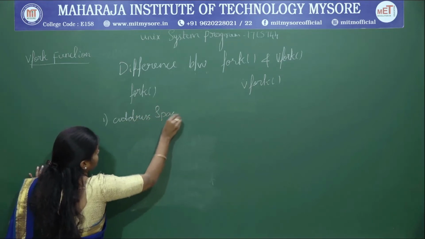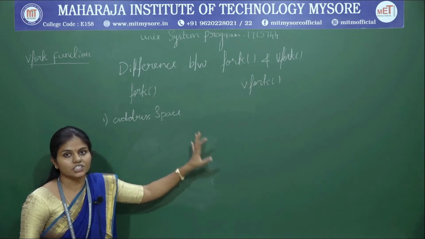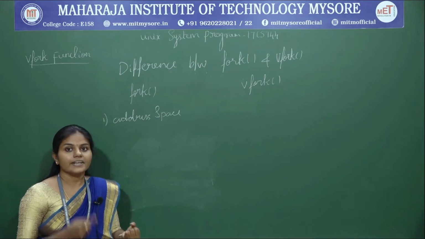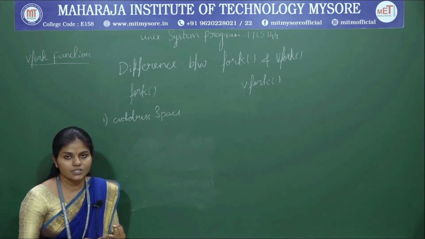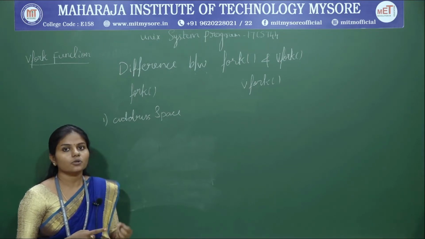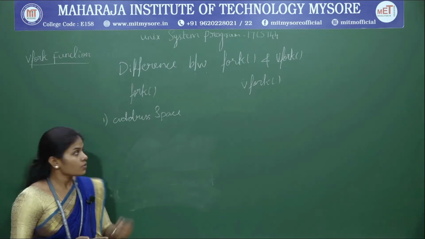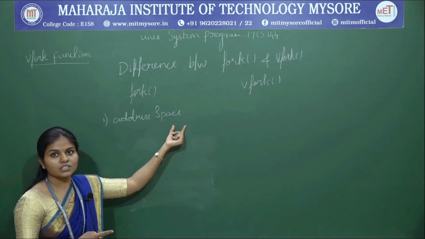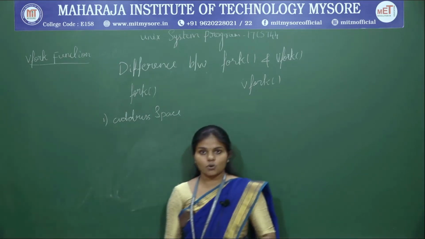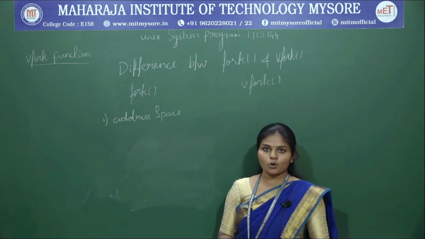Whenever the parent creates the child process, the child gets the memory space, its stack, its initialized data and uninitialized data. All that information it inherits from the parent, right? Now the address space is nothing but the variable addresses it holds. That address space is nothing but a memory location.